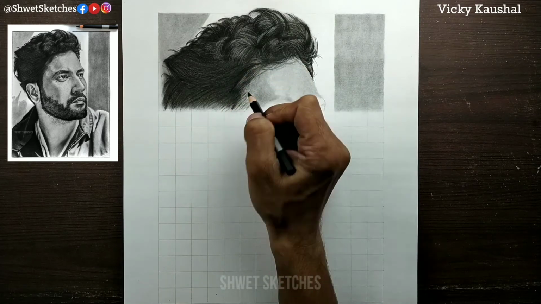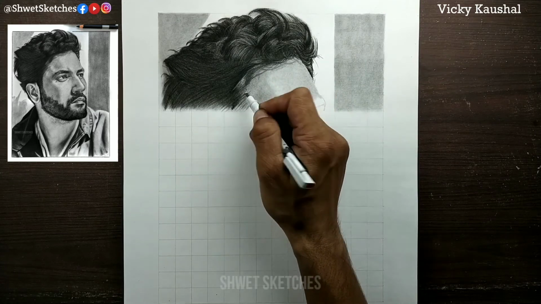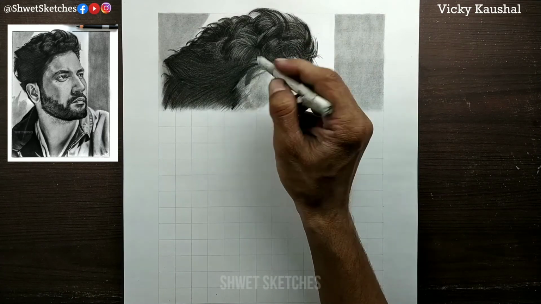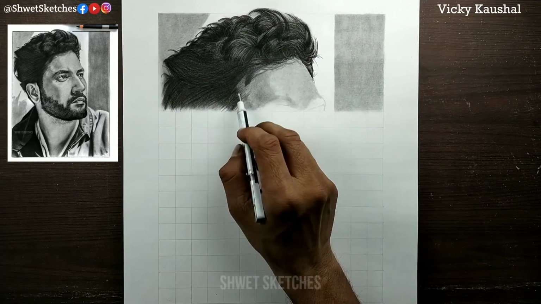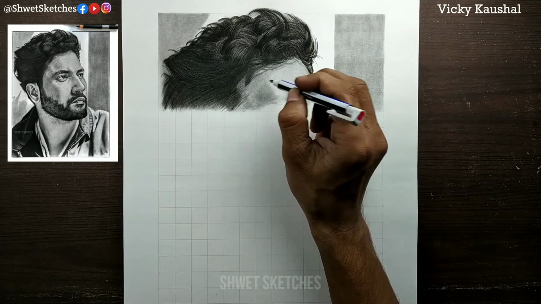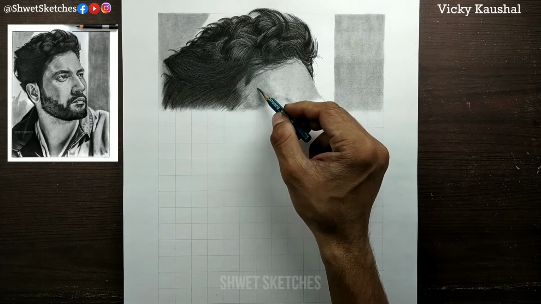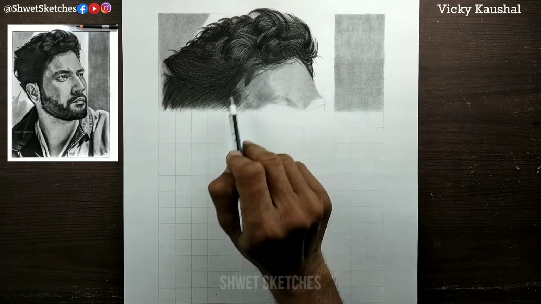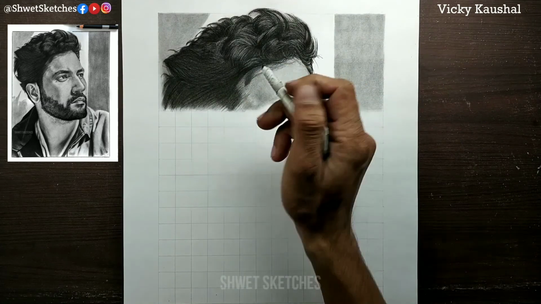And after applying those smaller highlights, again use a soft charcoal pencil, which is the darker one, and apply it on the parts which you see a little bit darker as compared to other parts. After applying the soft charcoal pencil, again use a makeup brush or the paint brush that you have, only on the parts where you have used the soft charcoal pencil. Otherwise what will happen is that every part will look completely flat, and you don't want a completely flat look on any portrait sketching. It will give you a drawing look, not a realistic look. So you have to keep on focusing on this detail also.